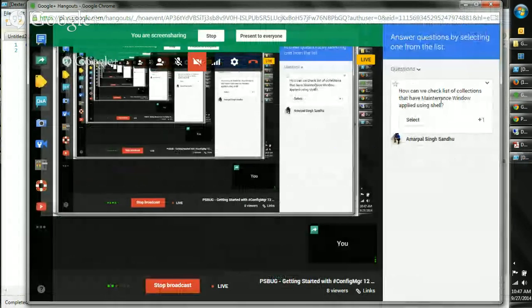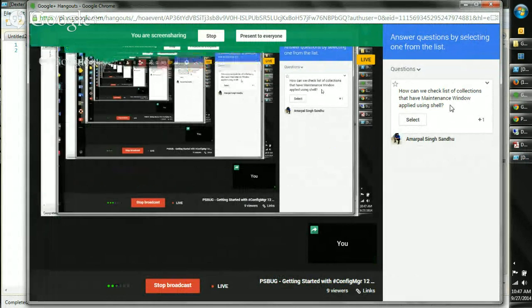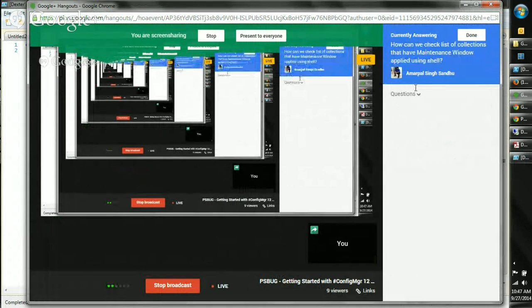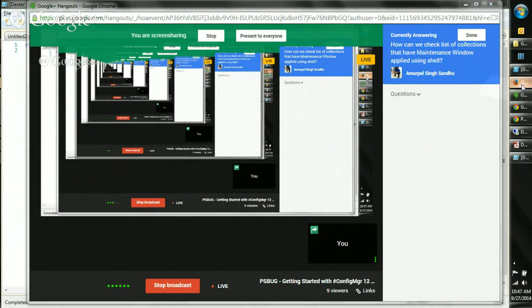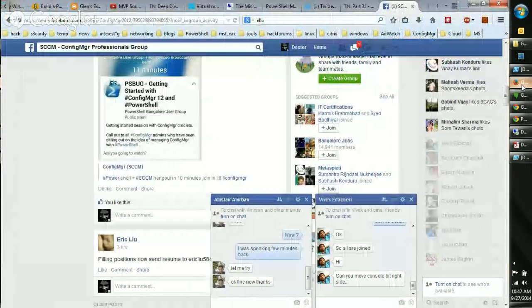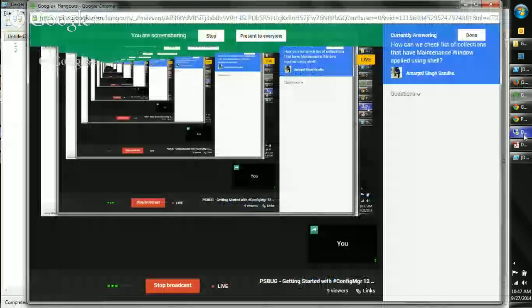Okay, how can we check the list of collections that have a maintenance window applied using shell? Another good question, Amarpal. I think someone already asked this question in the config manager group, and someone replied, try to use VB script. In my opinion, that's overkill, because you don't need to use VB script. We have a commandlet called